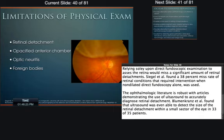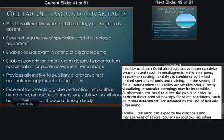So optic neuritis can cause a lot of pain, which can be difficult to use the ophthalmoscope with. And if there are foreign bodies, of course, the patient is having a lot of pain, and the foreign body can block the visual field, and it's hard to see the back of the eye. I could go on and on about the problems with this, but that's what's nice about ultrasound, because first of all,